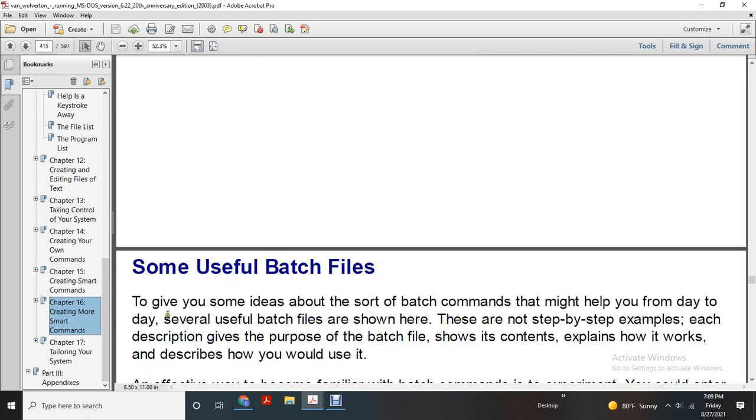Alright, some useful batch files. To give you some idea about batch files and commands that might help you from day to day, several useful batch files are shown here. They're not step-by-step